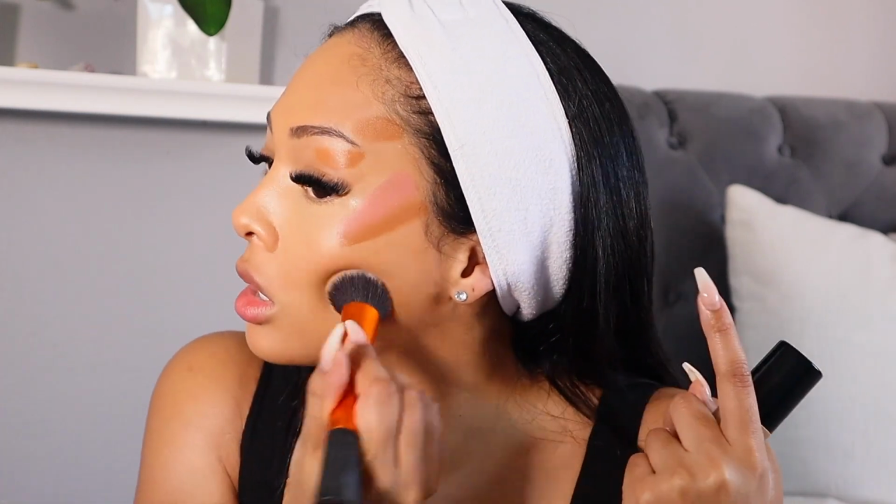So I'm gonna go in with the contour first. Or should I, I'll probably do the lighter one first, just to make sure it doesn't get everywhere. Kind of just blending it all the way back so that we have a clean cut after we blend out the